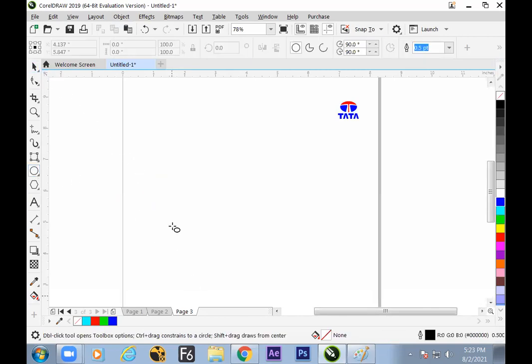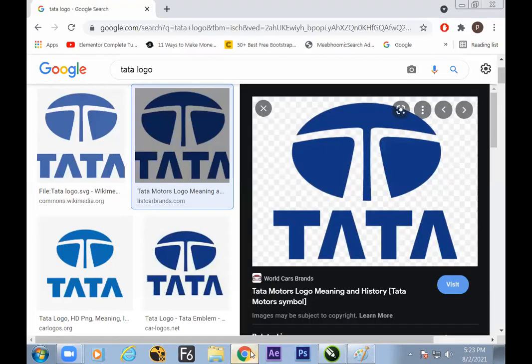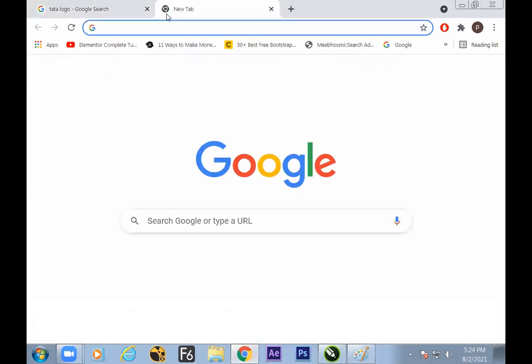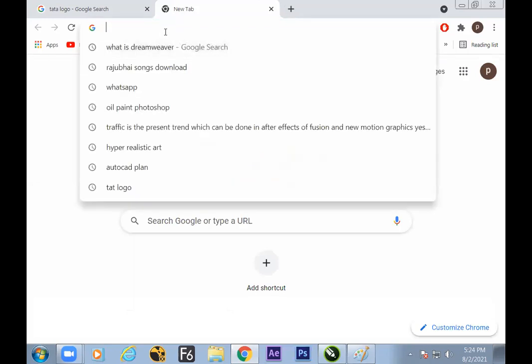Now, what more can be done? So I'll show you some of the practical. If you're really working, then a lot of jobs are available. Convert the pencil art into line art. So go to Google and open